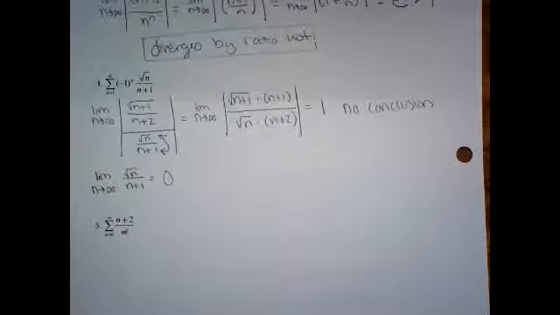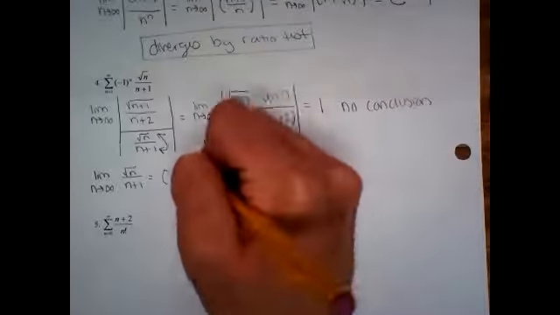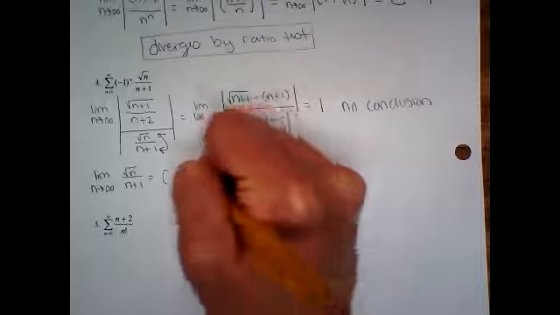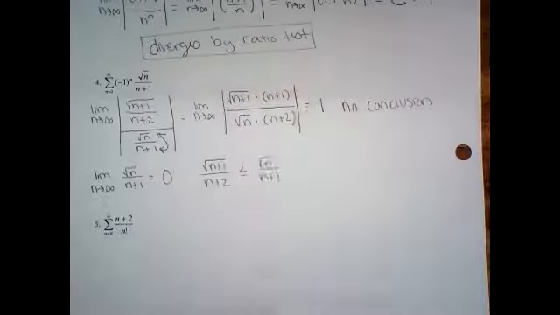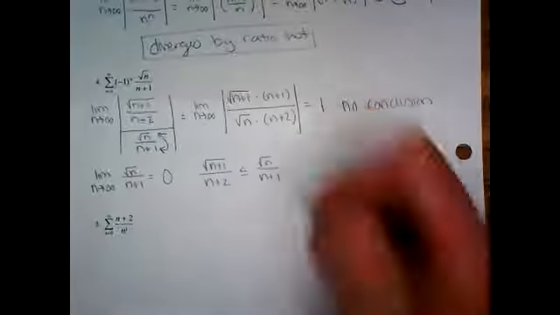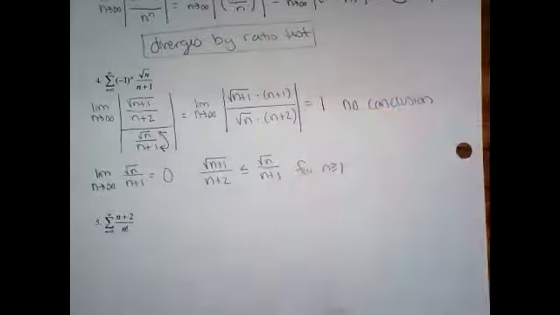What's the other thing that has to happen for the alternating series test? The term n plus 1 has to be less than or equal to the term n, good. Basically the terms have to keep on getting smaller. So let's plug in n sub n plus 1. Now I started it at 1. I'm going to plug in 1 and see if that's true. It actually doesn't matter where you start as long as it's true eventually, because we're going out towards infinity. But if you plug in 1,